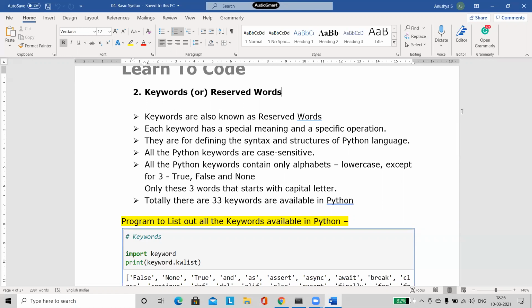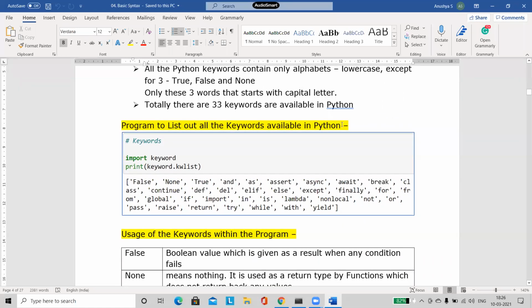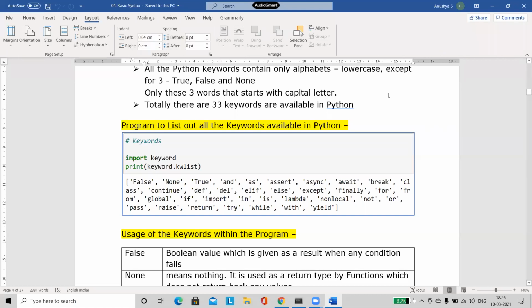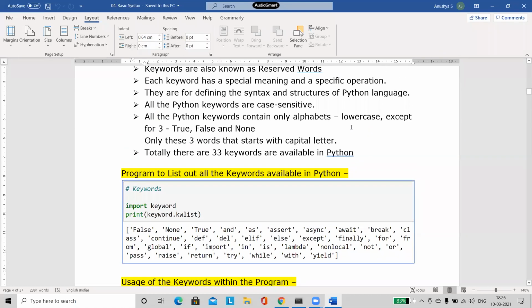Next, all your Python keywords are case sensitive. Whichever way it is defined, we have to use it in that way only. Totally, I have 33 keywords available. Out of these 33 keywords, these three keywords, that is True, False, and None, alone have a capital starting letter.